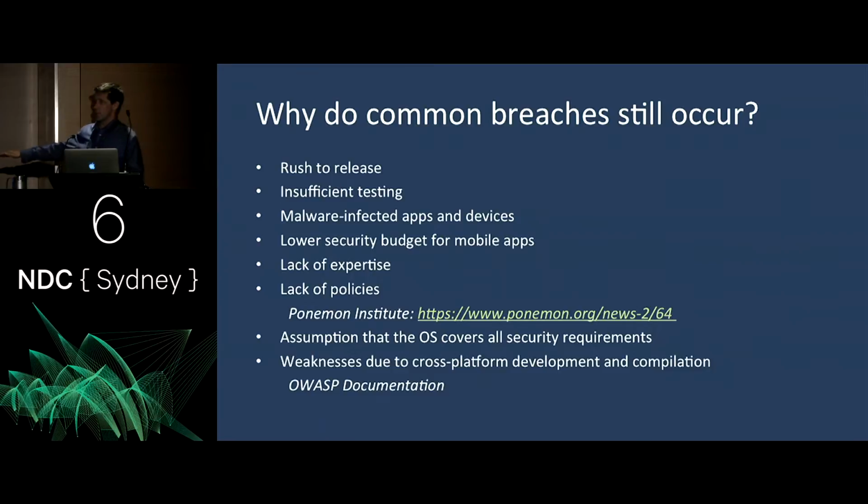Now, that last one struck a chord with me because I make a lot of use of Xamarin and love the fact that I can use that to write a proper native app and roll it out to multiple platforms. So I saw that and thought, what are they talking about there? What weaknesses am I falling prey to? A bit of digging showed this is due to that M1 at the top of the 2016 list, which is improper platform usage. The easier it is to write an app and deploy it to a platform without lots of knowledge of that platform, the more likely it is that you're not going to be doing something the way that you really should be on that platform.